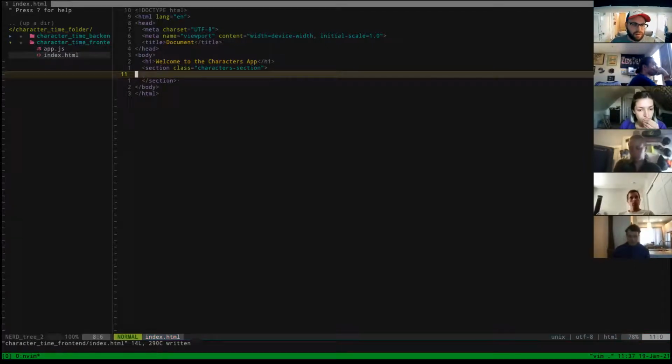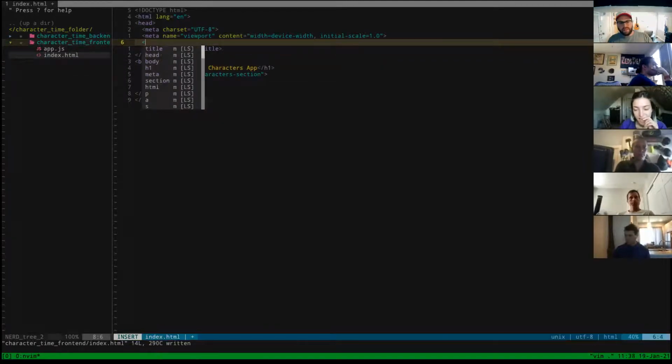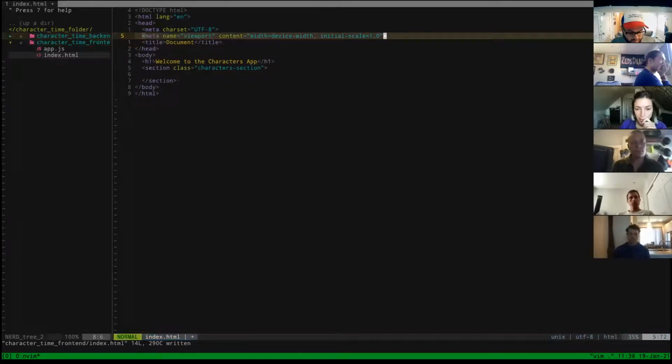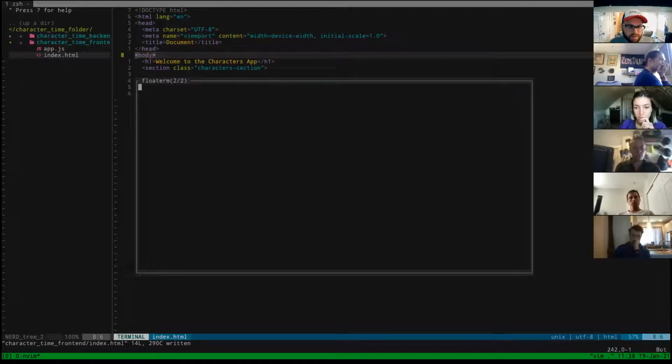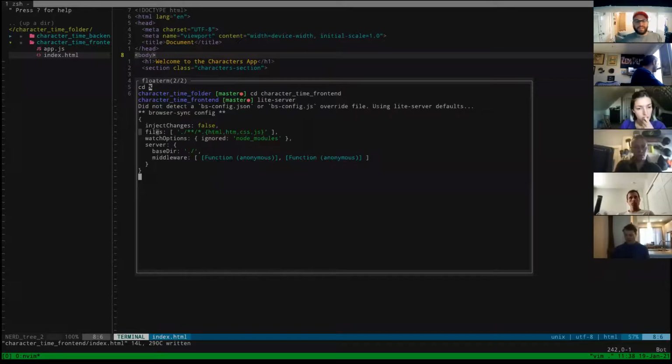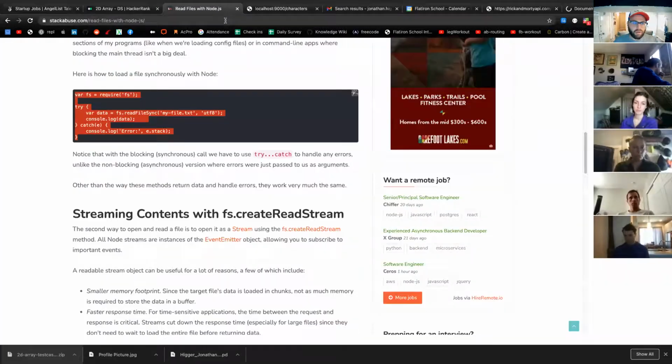So let's save that. And also the last thing I want to do, this is not technically working in thin vertical slices right now, so actually I'm just going to do the thin vertical slice way. We're going to check this. I'm going to make a new terminal here and we're going to cd into the front end. So we're now in the front end and I'm just going to type in lite-server. And we just want to check to make sure, hey, are we actually hosting something here? So I'm going to type in here. The way that I do it,